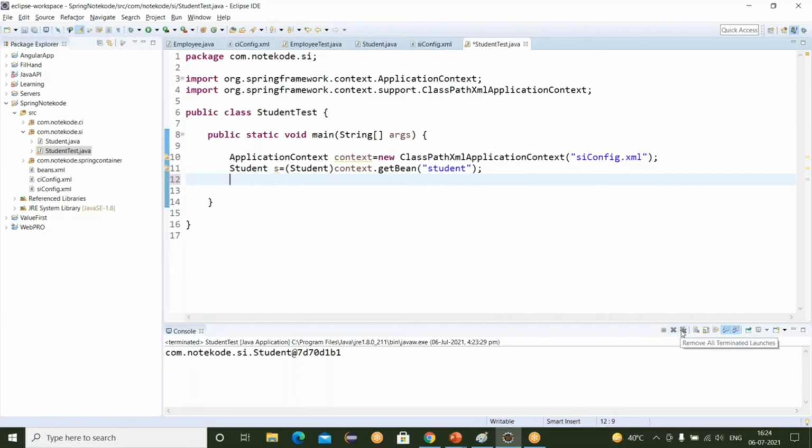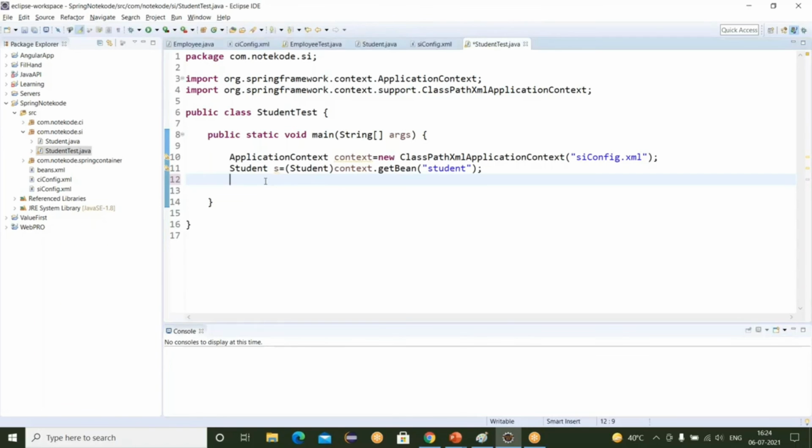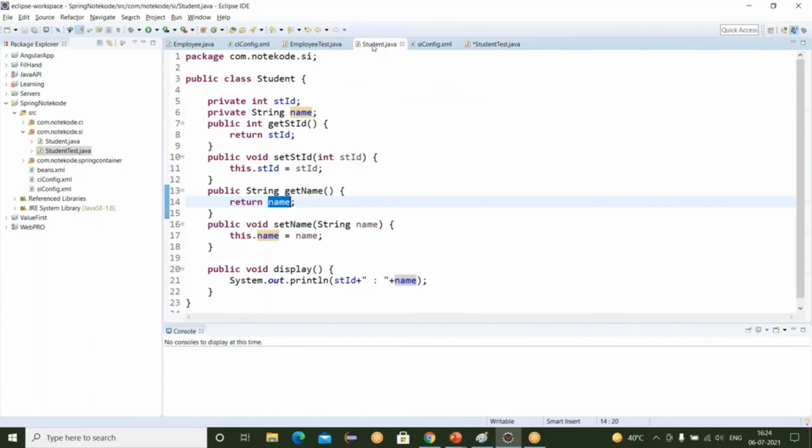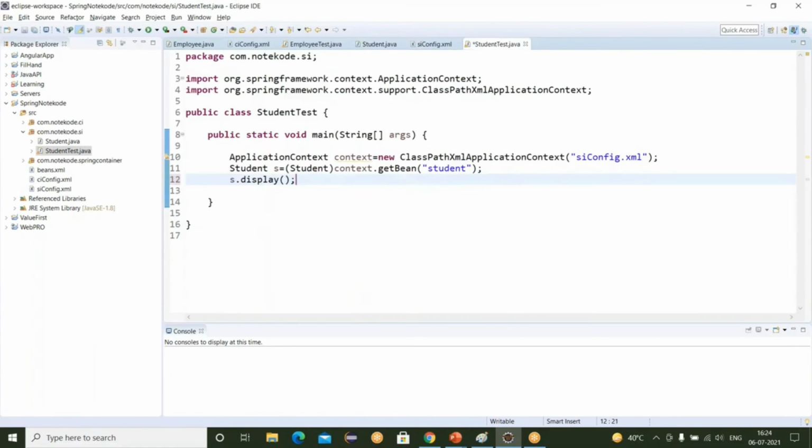Okay, and now for printing, just write the print statement here, and I'm calling the display method, the display method I created in our Student class.